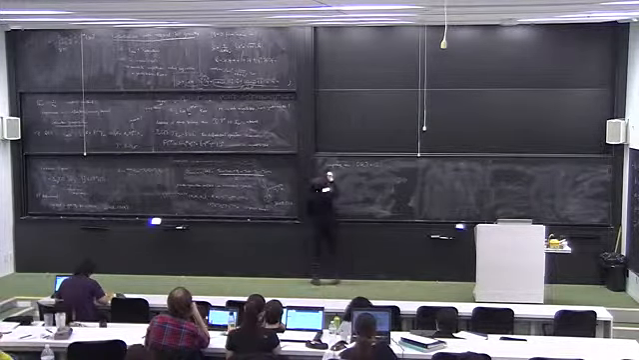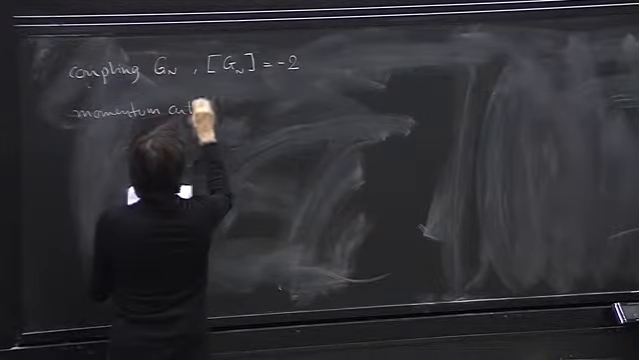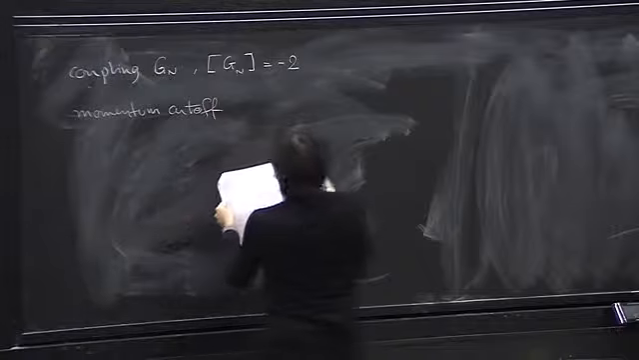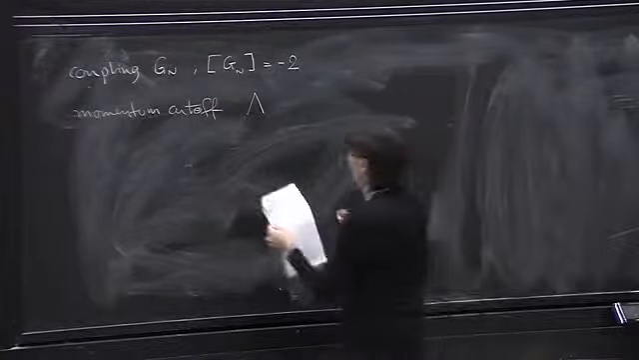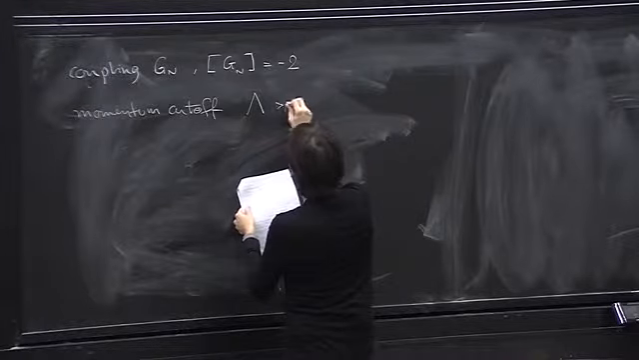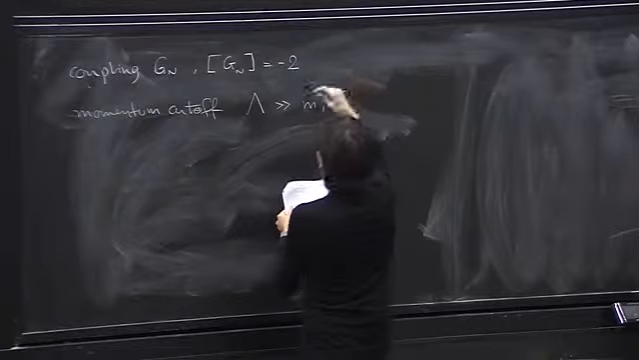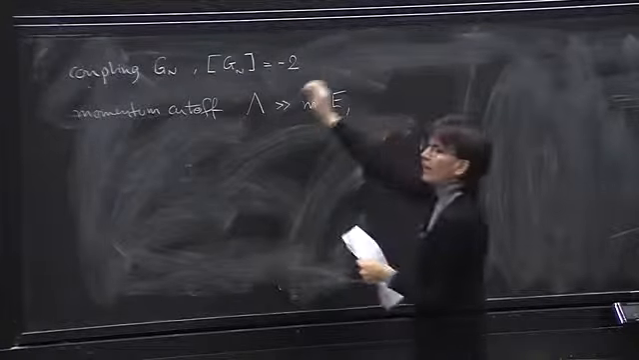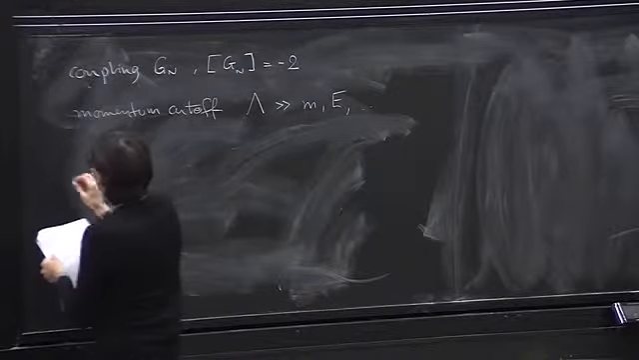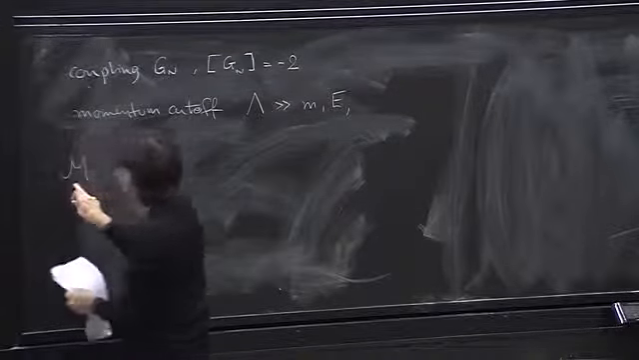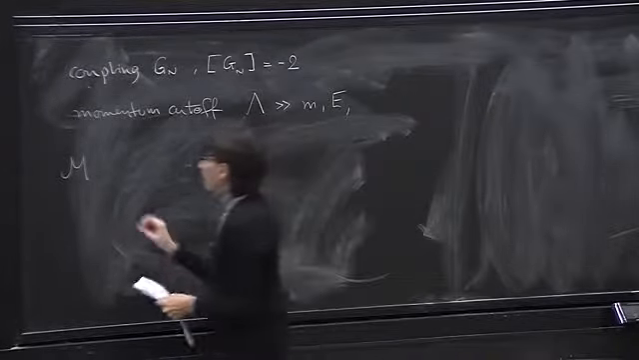So a momentum cutoff is introduced, which I call capital lambda, and it should be much bigger than the relevant physical energies present in the system I'm interested in. Now imagine I'm computing some amplitude, curly M, then